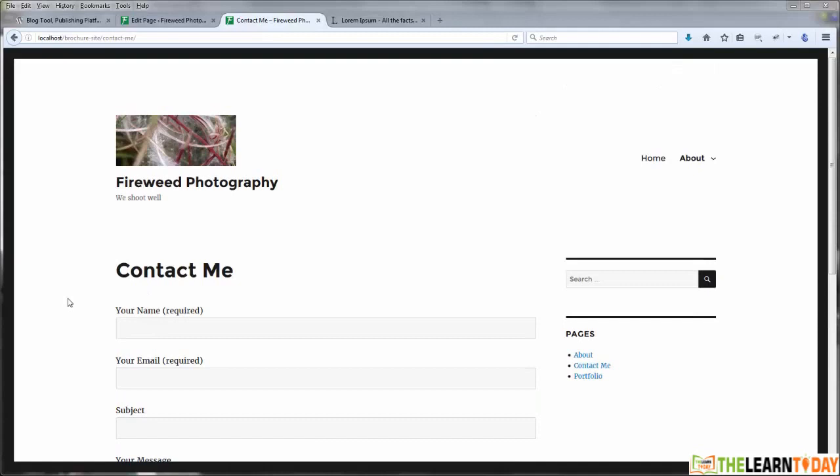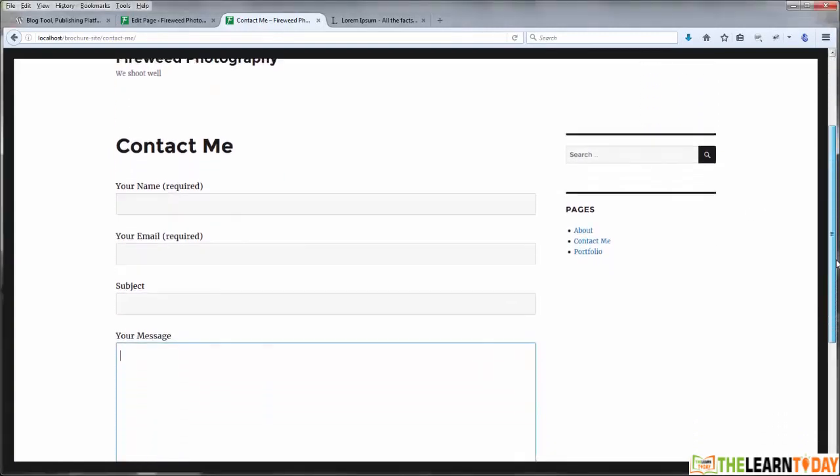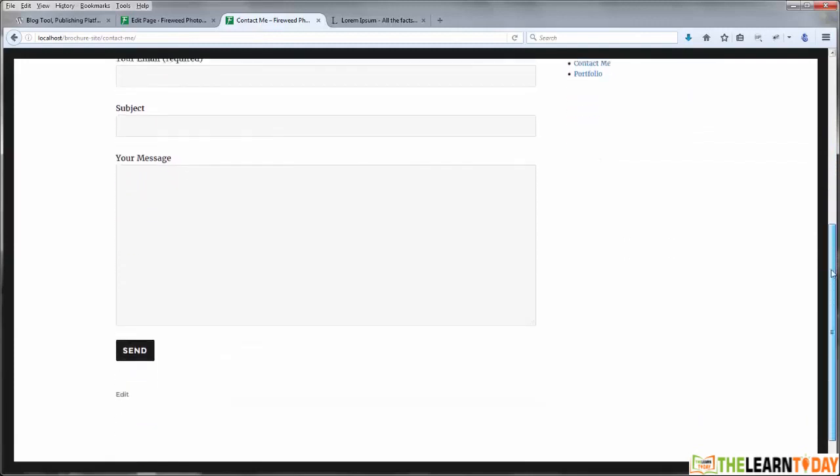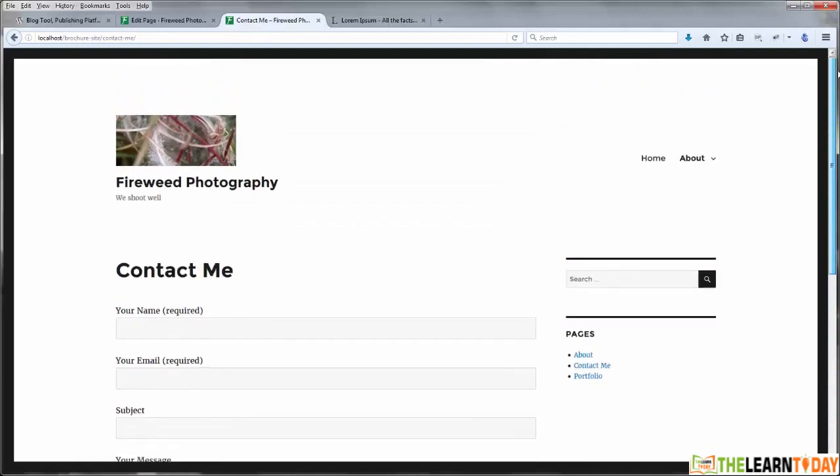Great. Now, if you're building this site in your local development environment using MAMP, the way that I am, we're not going to be able to actually test what this email looks like when it sends, because we don't have a mail server installed on our local computer. There are ways to do that, but when I'm building websites, I'll generally build them at my live server, either behind a